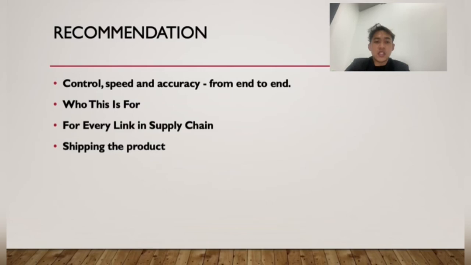The last one is shipping the product. First, the freight forwarder can collaborate with customs brokers in other countries, and the freight forwarder also provides routine services such as optimal packing methods throughout the transit. The third one is having a single point of contact for final shipping and documentation explanation, for a smooth process. And the last one is to utilize the best cargo insurance plan to protect your shipment.